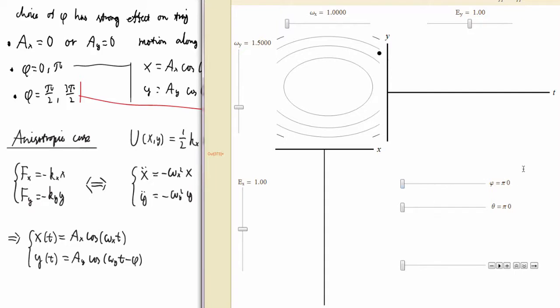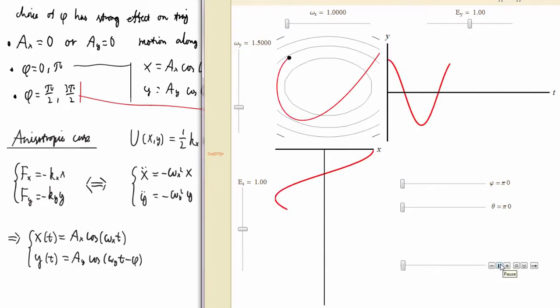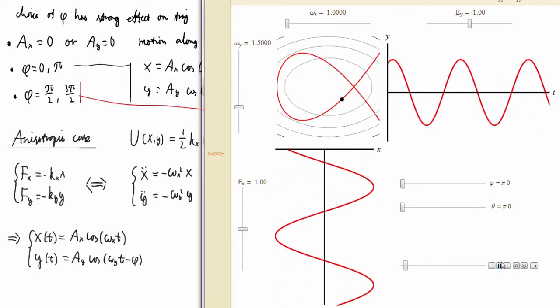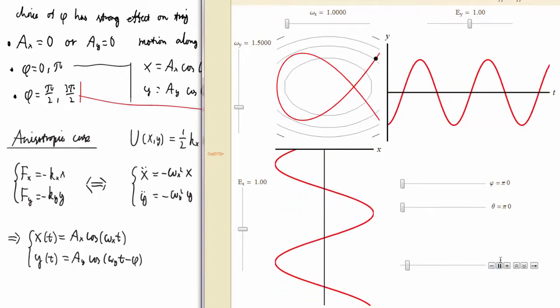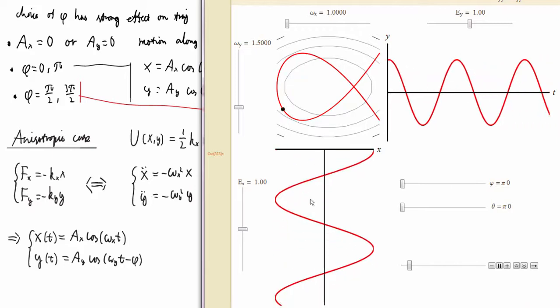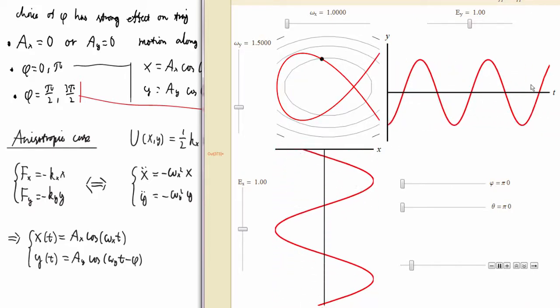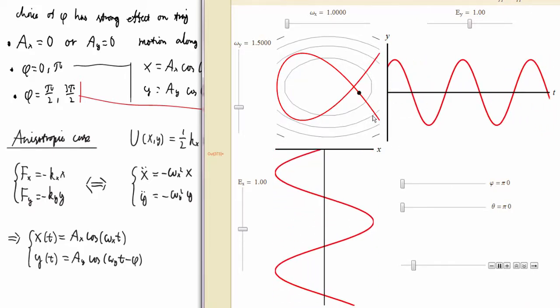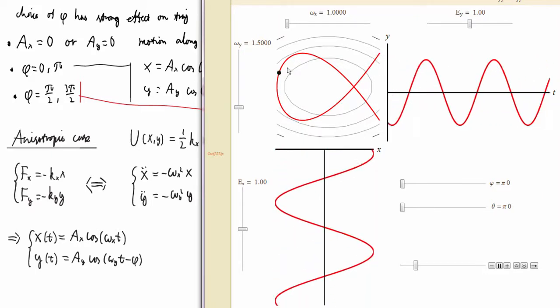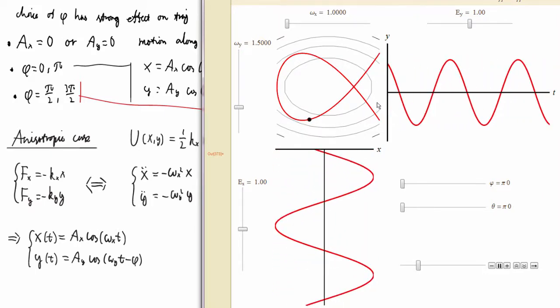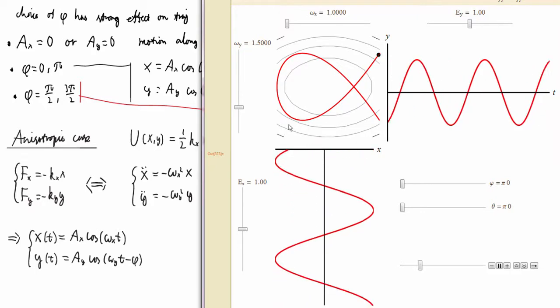We'll keep phi at 0 degrees for now, and then we'll run the oscillator and see what happens. So we still have, in the y direction and the x direction, nice oscillatory behavior, but the oscillator itself, as it's moving here, is not moving along a particularly simple curve. It has this